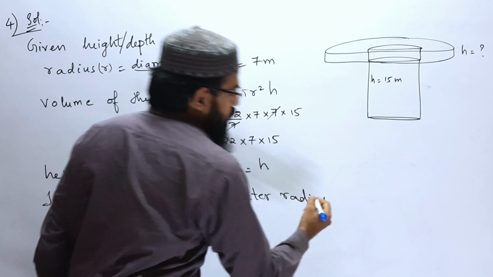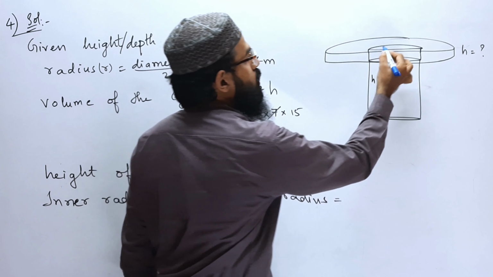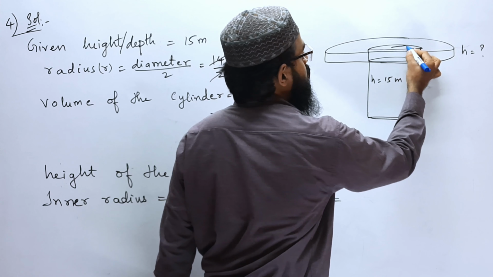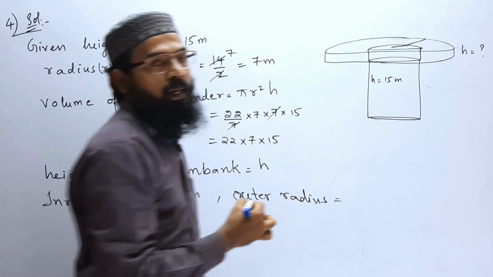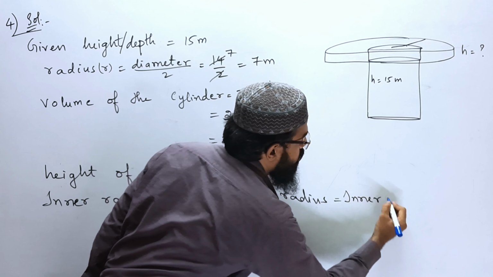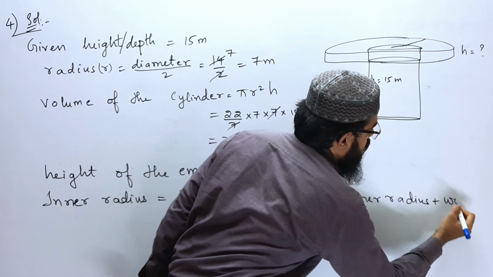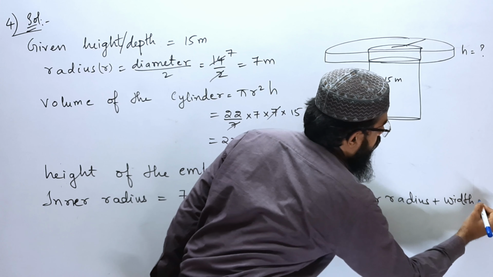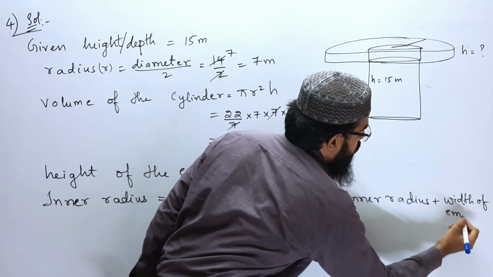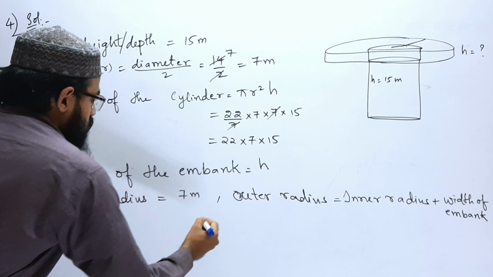So outer radius will be the inner radius plus the width of this embankment. So that will be